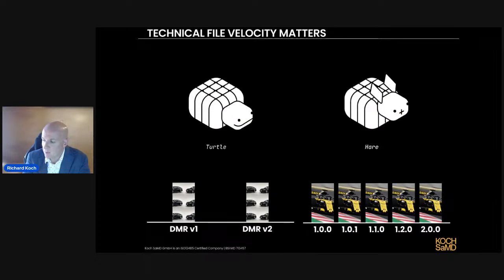So the message is velocity matters. It's a turtle and hare race. The turtle is your traditional device where you may update once a year, once every few years, who knows. Where your cloud is a hare race where you're updating, depending, let's say, for example, you're a medical device app and you need to keep your app store optimization rankings going. You need to be releasing every 4 to 6 weeks. If you're not that, then you're probably updating a few times a year, probably once a quarter, if not more.